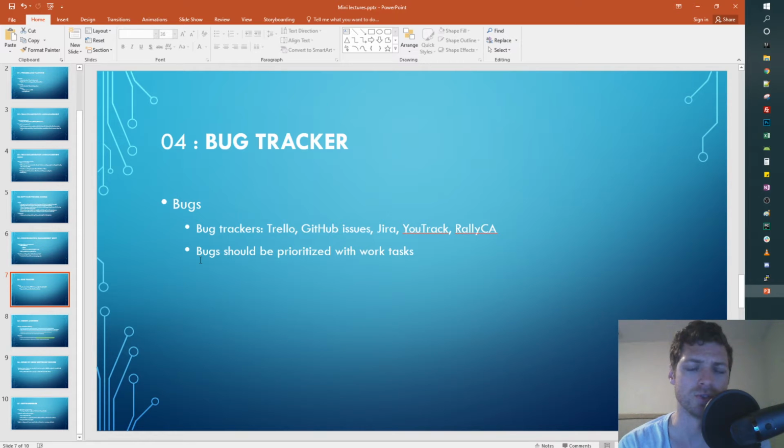They have issues, which you can link in your commit messages, which is kind of nice, because then you can go back to that issue. An issue isn't really meant to be a problem, it's just what they call it. It could be a feature, but that's what they call issues. So when you go back to those issues, you can actually see the changes that are related to that issue,